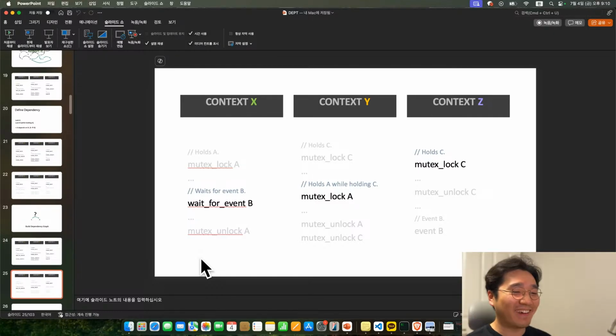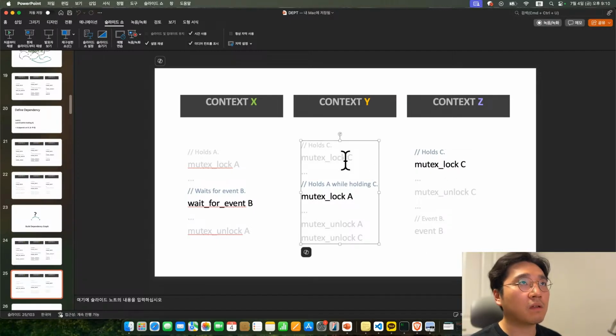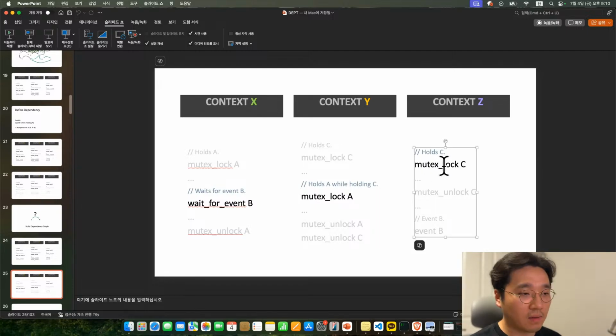But I understood: context G never goes to the code after this point because context Y is holding the lock C, so context G is waiting to hold lock C, and